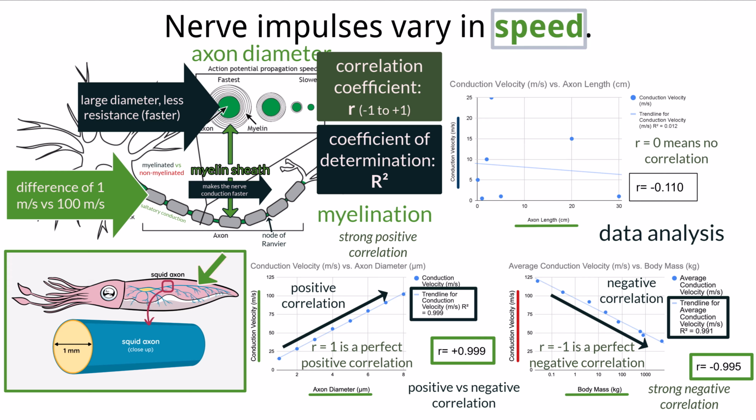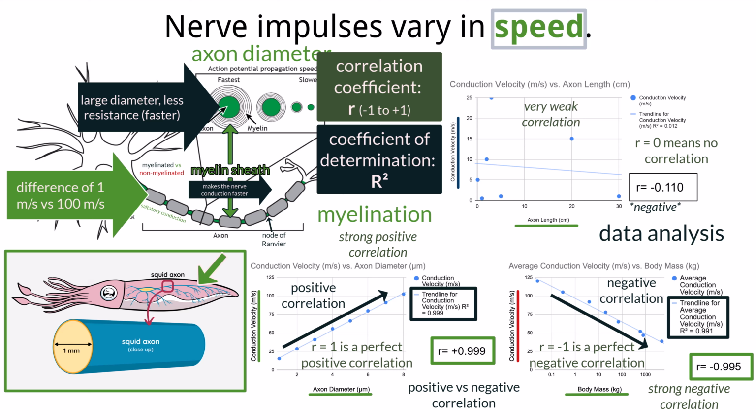If we look at the scatter plot here, we can see that some shorter axons have a fast conduction velocity and some have slow conduction velocity. We see the same thing with the longer axons. They can both have fast and slow conduction velocity. When we add a trend line to the scatter plot and calculate the R and R squared values, R is equal to 0.110. This is very close to 0, indicating that there is a very weak correlation between axon length